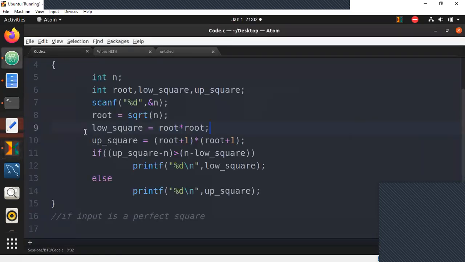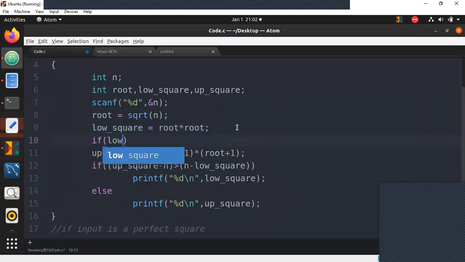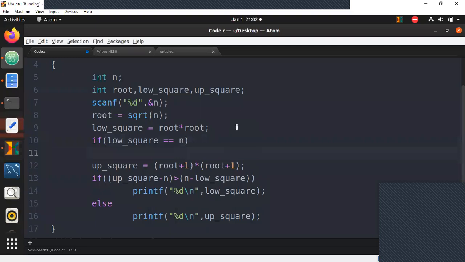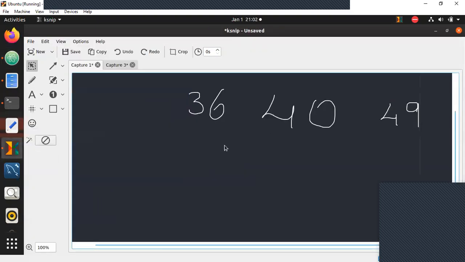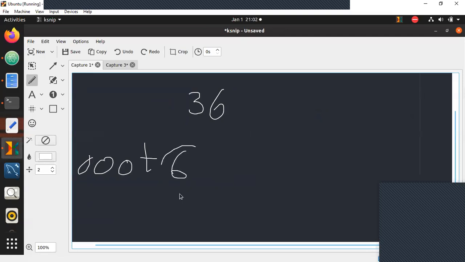So what we're going to do here is, after finding the lower square, we will check if the lower square is equal to n. That's the condition. I'll repeat. If your input is 36, then the square root of it will be exactly 6. That is what will be stored in the root variable. When you calculate the square of 6, that's going to become 36.